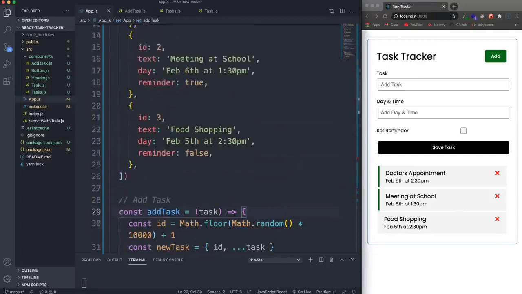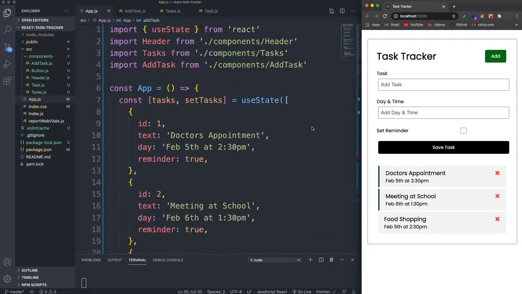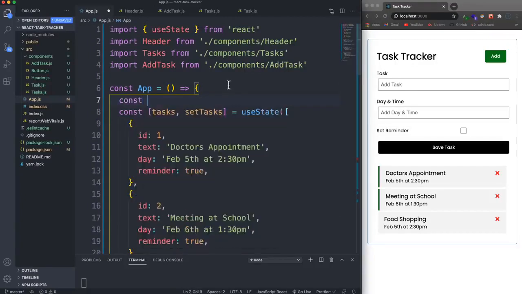Cool, so the next thing I want to do is this button here should toggle this form. We want it to start off not showing, but then we want to click this, show it, click it again to toggle it. So we're going to have another piece of state in our app.js. And we're going to call that, let's say const, what do we want to call this? We'll say showAddTask,